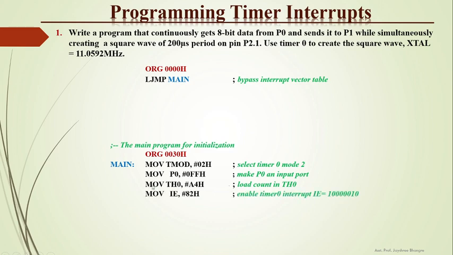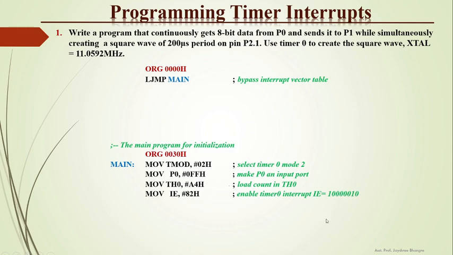Now along with this, we have to generate the interrupt also. So we are enabling the interrupts using this instruction, MOV IE, #82H. So we are enabling the individual interrupt and the global interrupt by using this instruction. Here the 7th bit, that is the enable all bit, must be high to enable the individual interrupt, and by making this bit 1, that is the IE bit for the timer 0 interrupt. So we are placing the value 1000, which is nothing but 8, and 0010, which is nothing but 2.